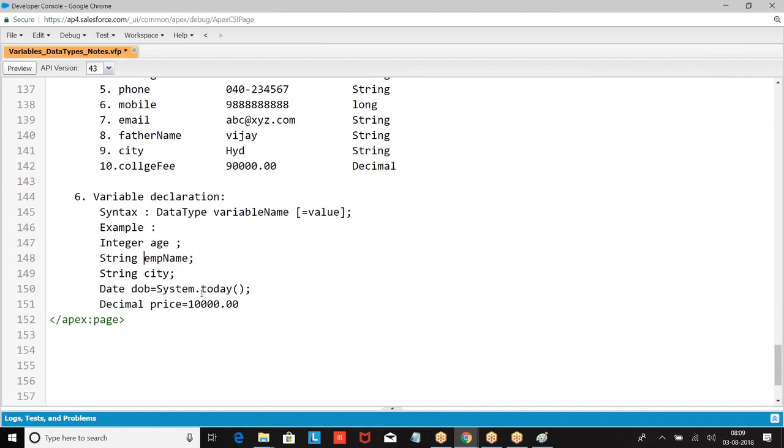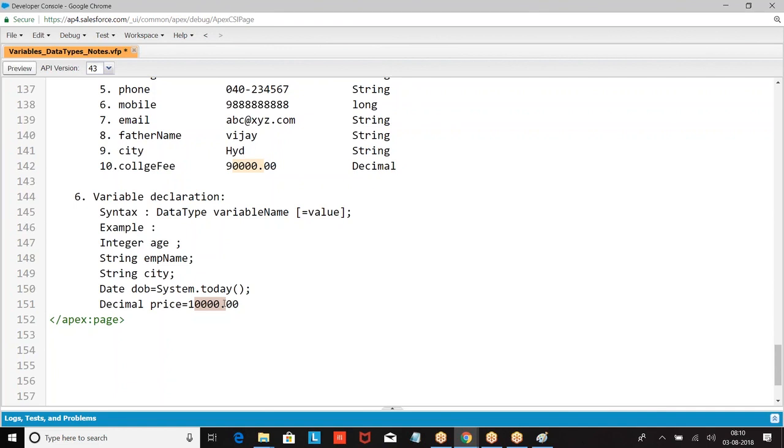EMP name is a variable. Now, what is the value of price? 10,000. Price is a variable. The price is referring to which value? 10,000. Now, date of birth is a variable. It is referring to today's date. Variable will refer to a value. Age is a variable. What is the value? Null. EMP name is a variable.